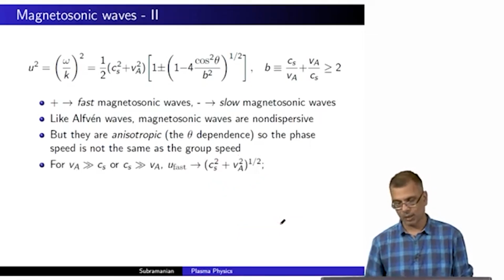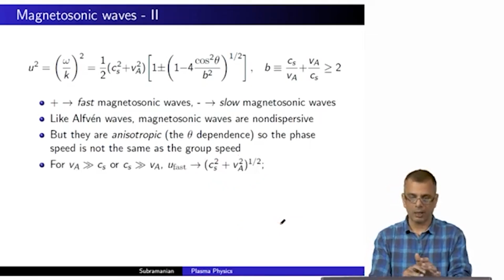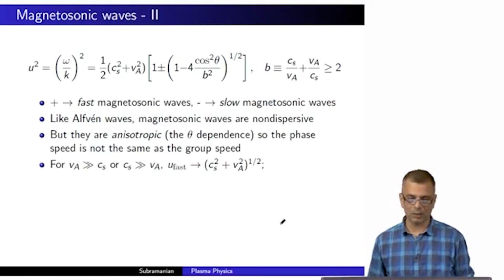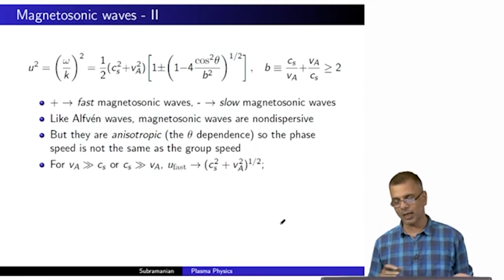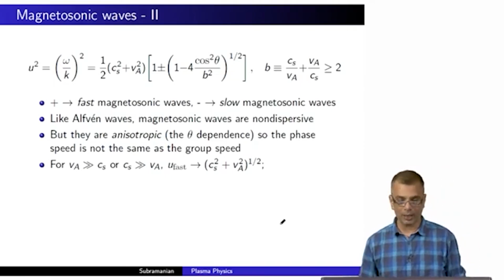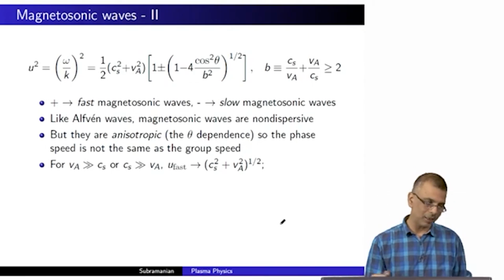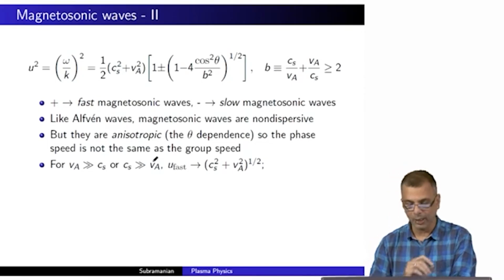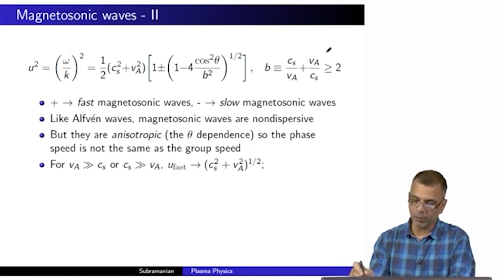Okay. Now, I mean, as such, this equation is a little hairy. So let us look at one important limiting case. Let us look at the case where either the Alfvén velocity greatly exceeds the sound speed, or the sound speed greatly exceeds the Alfvén speed. Okay. In either case, if you look at this B,